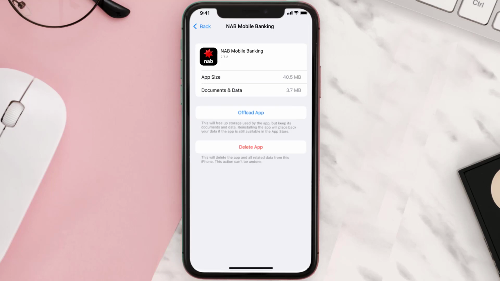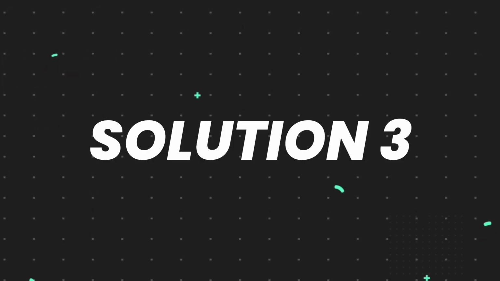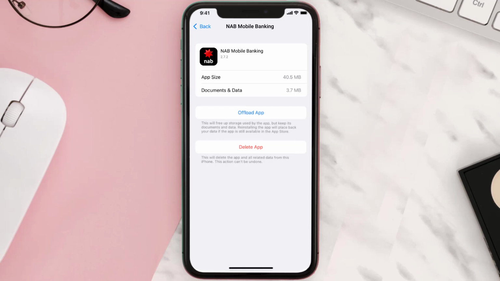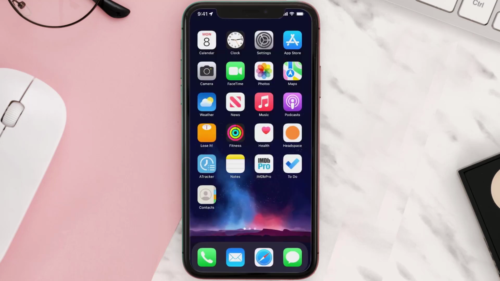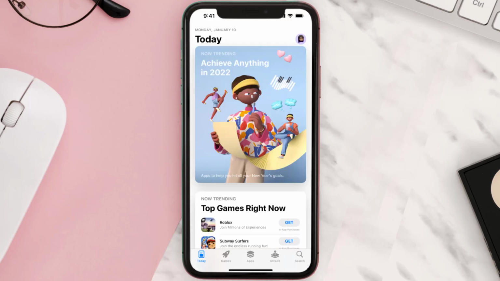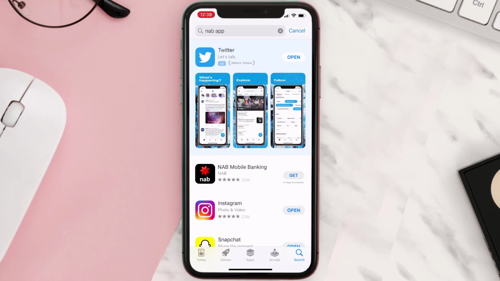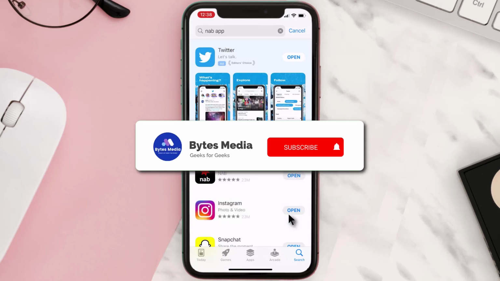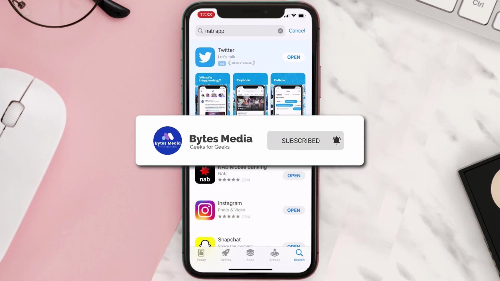This should fix the issue, but if it doesn't, then you need to completely reinstall the app. Follow the on-screen instructions to navigate all the way to the app page. Once you're on this screen, tap on Delete App to uninstall the app from your device. Once uninstalled, you need to open up App Store and then search for the app here. And then click on this Get button to install it back on your device. Hopefully this will fix the issue,